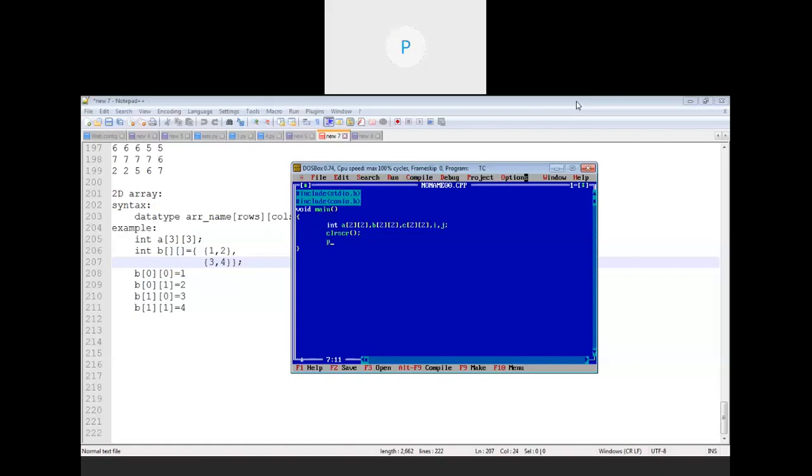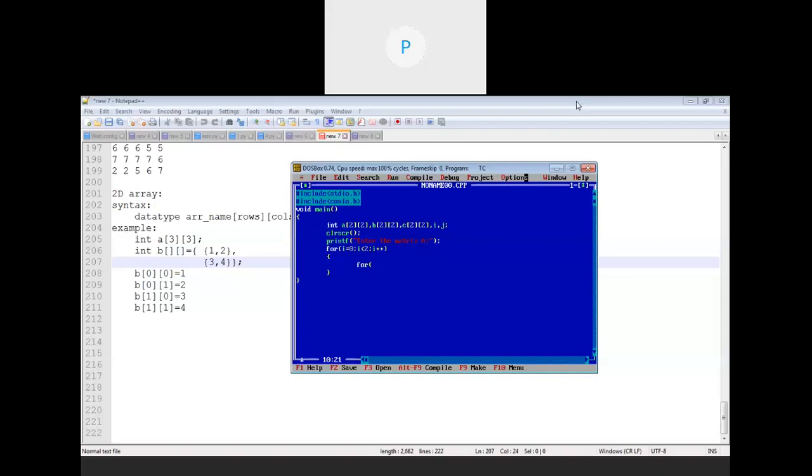Now let's ask the user to enter the matrix A first. So I will say, enter the matrix A. Yesterday we saw that whenever we are accepting a matrix, you have to use a nested for loop, because the outer for loop specifies the number of rows and the inner for loop always specifies the number of columns.